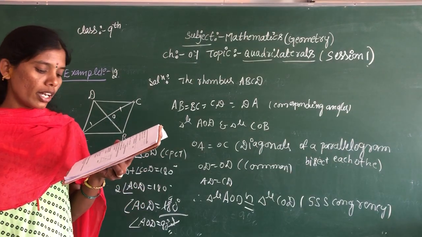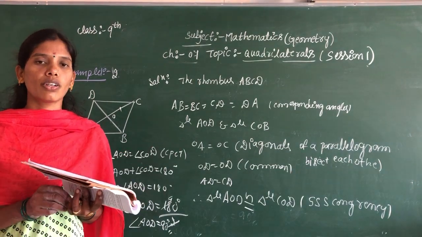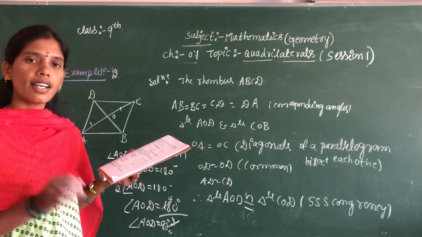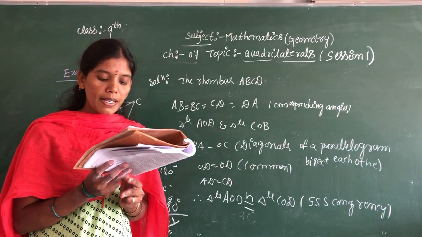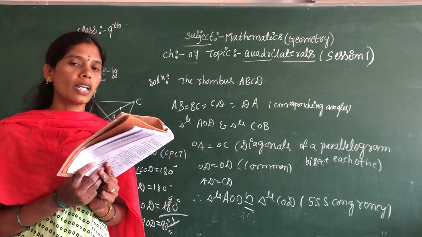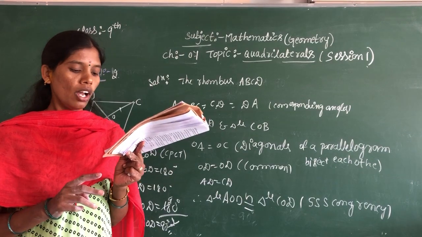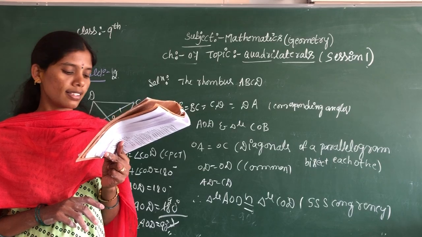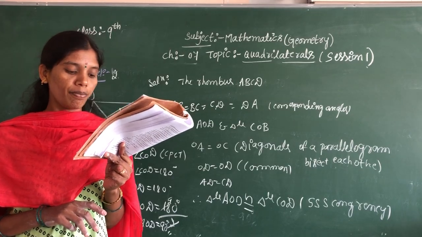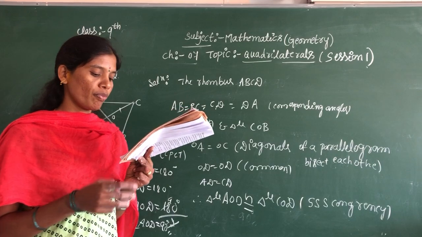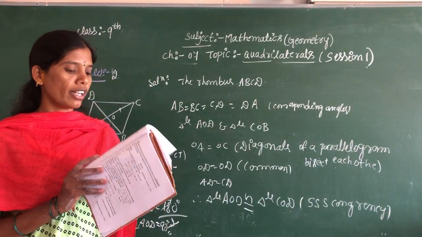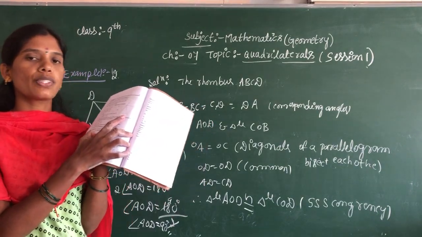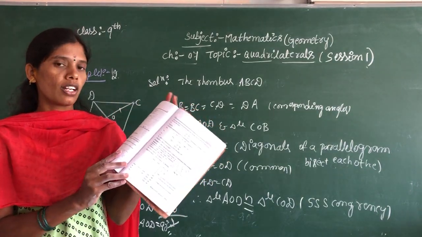Now next you should solve this in your notes: example 3, example 4 and example 5. What is there in example 3? ABC is an isosceles triangle. What is the meaning of iso? Two sides are equal. In the triangle, AB is equal to AC. AD bisects the exterior angle PAC and CD is equal to AB. Show that. The figure is also there. You should copy it in your notes.